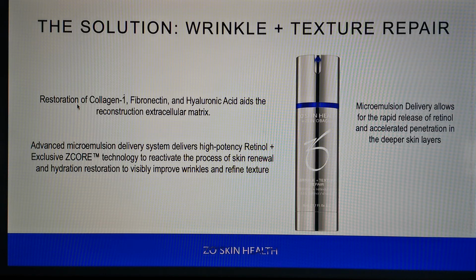And this caused us to realize that Z-Core would be a perfect fit with wrinkle and texture repair to advance it to the next level of therapeutic opportunity. Because if we could restore the collagen, the fibronectin, and the hyaluronic acid to aid the reconstruction of the extracellular matrix, which we were doing already, now we could also combine it with Z-Core technology to start providing more structural integrity repair. And the reason that it fit very well with this is because specifically this product operates by a